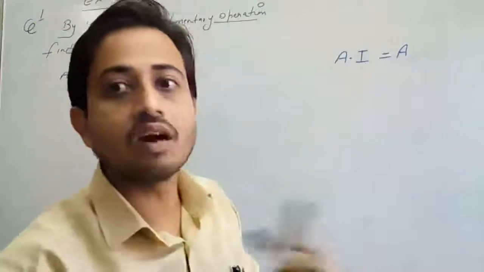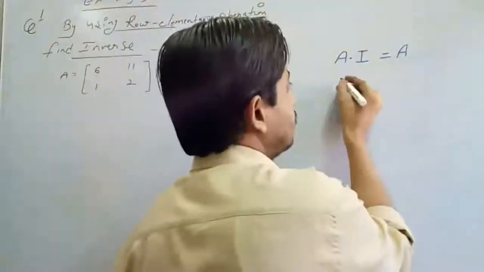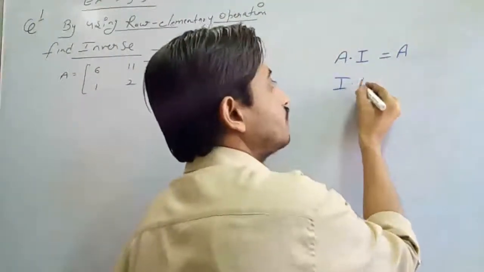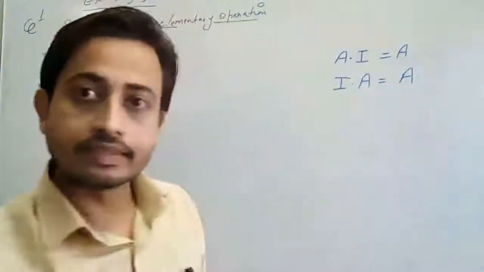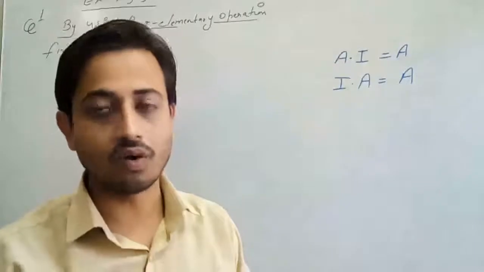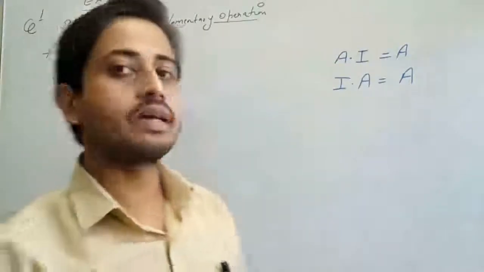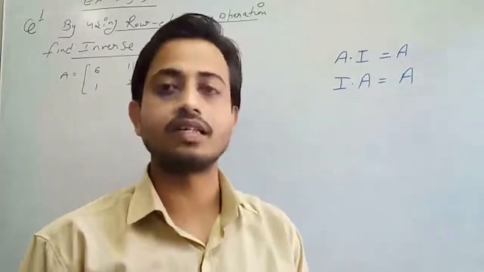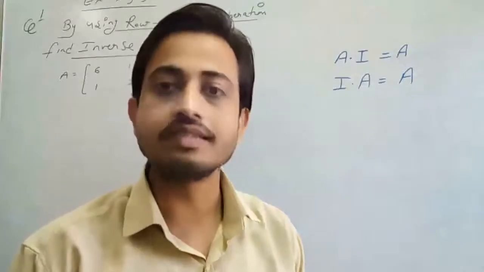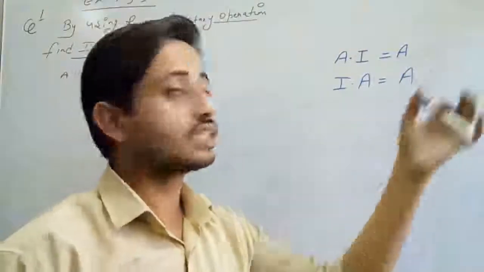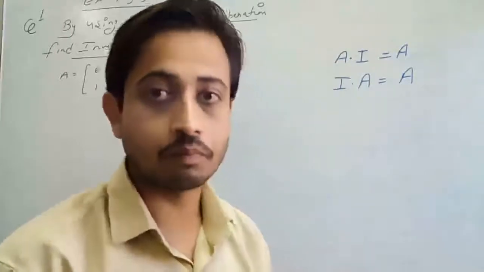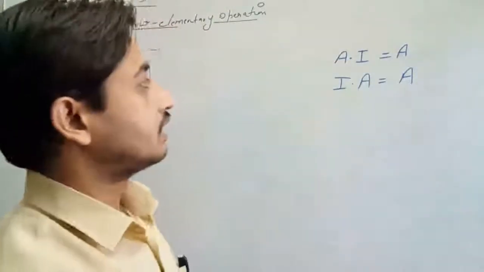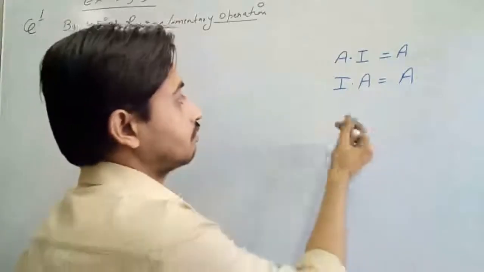Or if we change the order, if we multiply the identity matrix with any matrix, again we get the same matrix, as we already know. Because if we multiply any matrix with the identity matrix, the matrix remains the same. And we have to use this concept here. What is the concept here? Please look very carefully. What is the operation in this?